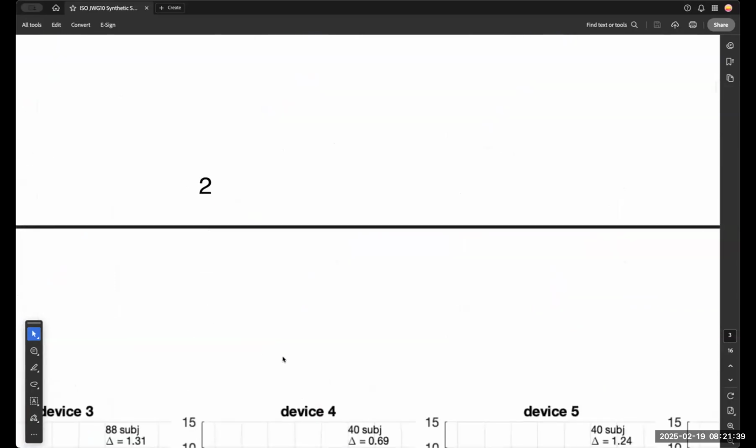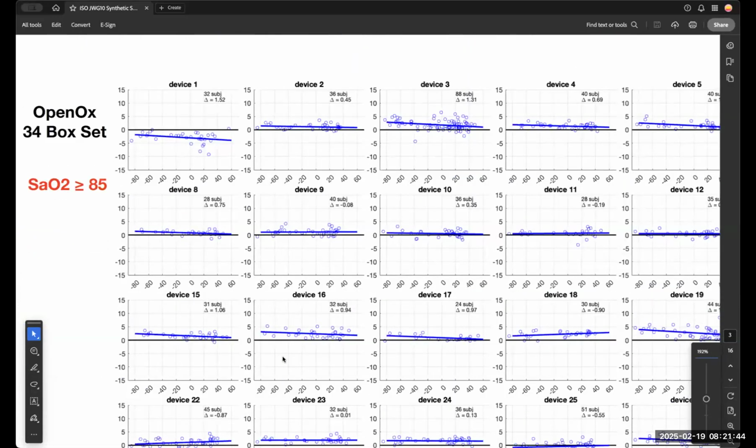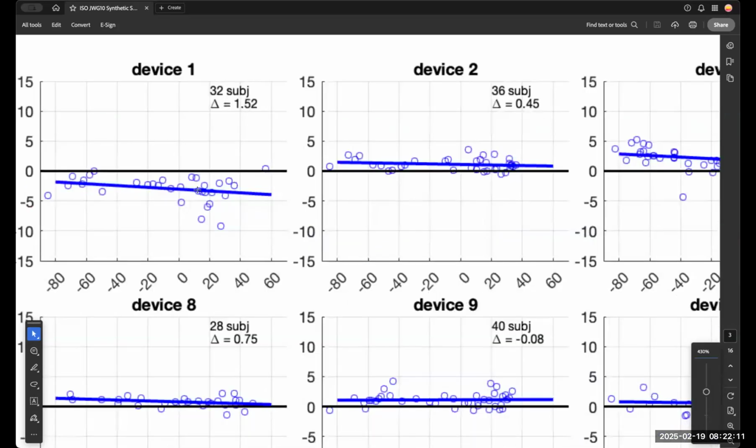Right. So we'll move to, apologize, I'm navigating. So this is what Dr. Feiner presented in terms of looking at disparate bias in the upper saturation ranges. So again, y-axis is the mean bias, SpO2 minus SaO2, and the x-axis is the ITA. So basically, we can see the bias by skin color. This is one way of looking at differential bias, as we talked about. And you can see for each of these devices here, it'll show us the delta bias between 50 and minus 50 and the number of subjects.